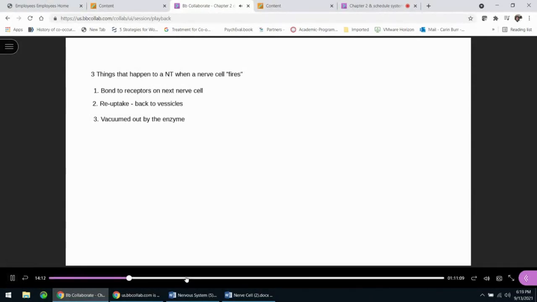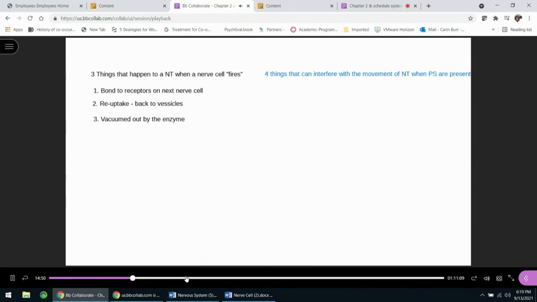The reason psychoactive substances are able to cross that blood-brain barrier to begin with, remember, is because they're chemically similar to one or more of the neurotransmitters that already exist up there. So they're chemically similar enough that they're able to interact with or mimic the things that the neurotransmitters are supposed to do. Only they're not exactly the same as the neurotransmitters, so they end up not producing the same effect. What I mean by that is one of the first things that happens to affect this movement of neurotransmitters